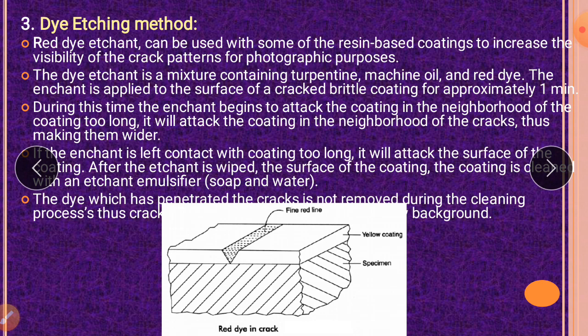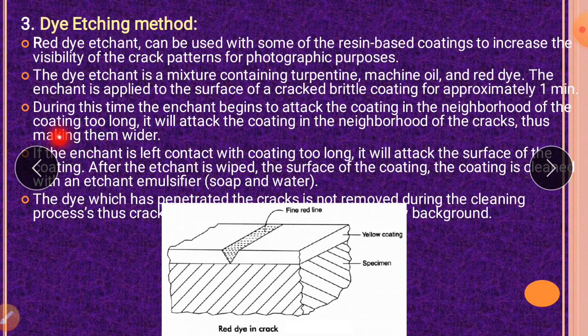See here, the red dye etchant can be used with some of the resin based coatings to increase the visibility of the crack patterns for photographic purposes. The dye etchant is a mixture containing turpentine, machine oil and red dye. The etchant is applied to the surface of the crack brittle coating for approximately 1 minute. During this time, the etchant begins to attack the coating in the